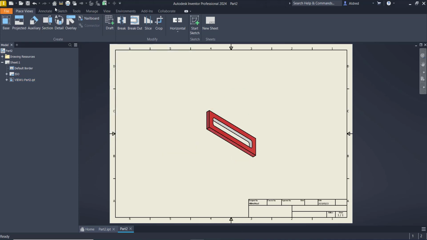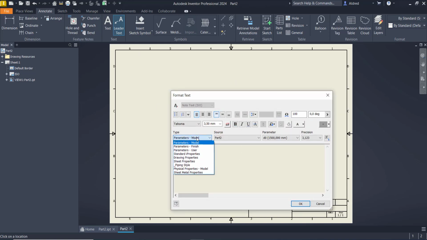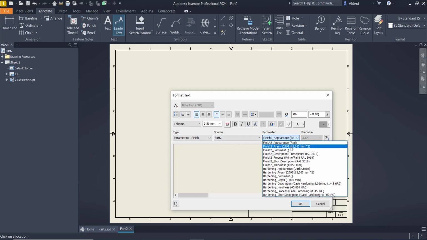Now if I go to Annotate and go to my leader text, select it, right click and continue. What you'll notice is that under the type, we've got a new type, Parameters Finish. If I click on that, I'm able to select hardening and Finish 2. With hardening,